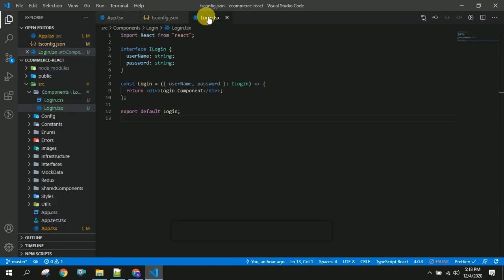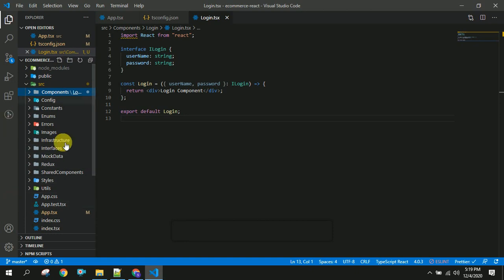What we have learned in this session is how to create the TypeScript application with React.js, why we have to use TypeScript with React.js, and what different installations we require for our e-commerce application. These installations will save our time by reducing the code we are going to write. And next is the folder structure we have created here. This folder structure is a real-time application folder structure. This is one of the best I can think of.